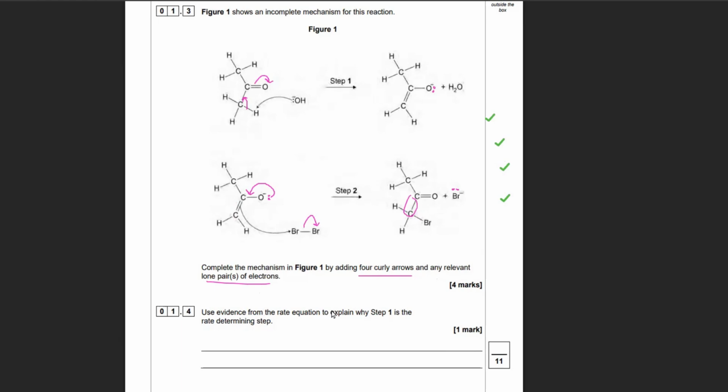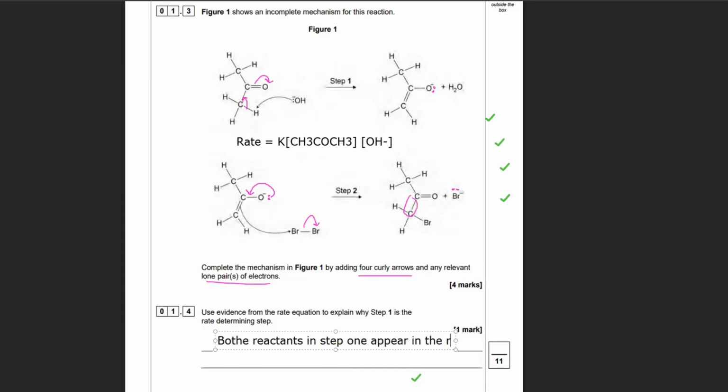Use evidence from the rate equation to explain why step 1 is the rate determining step. So why is this the rate determining step and not step 2? If you remember our rate equation, I'm going to type it out for you. As you can see here, bromine does not appear in the rate equation. So that immediately puts us off that. The slow rate determining step will feature all the reactants in the rate equation. Well, it features propanone and hydroxide ions. So for life, let's write that again. Okay, so both reactants in step 1 appear in the rate equation